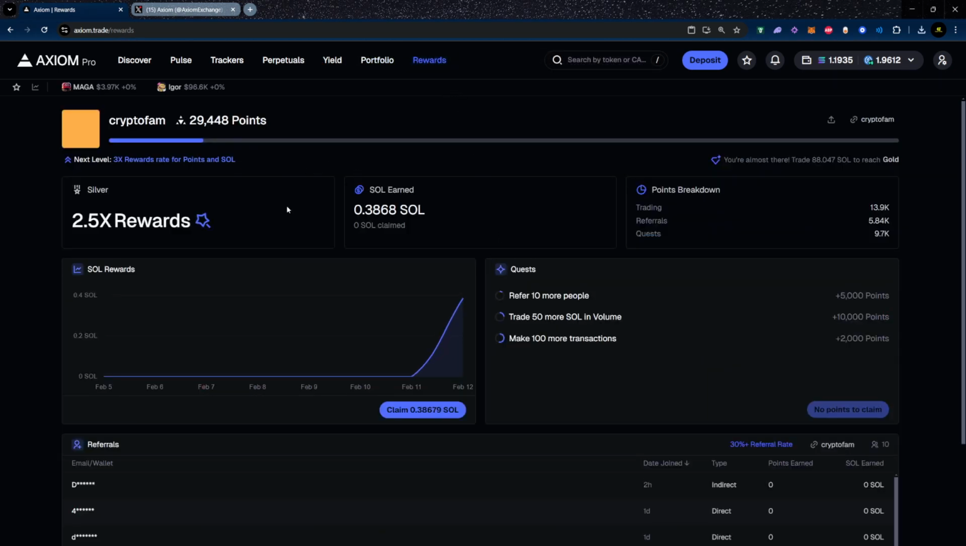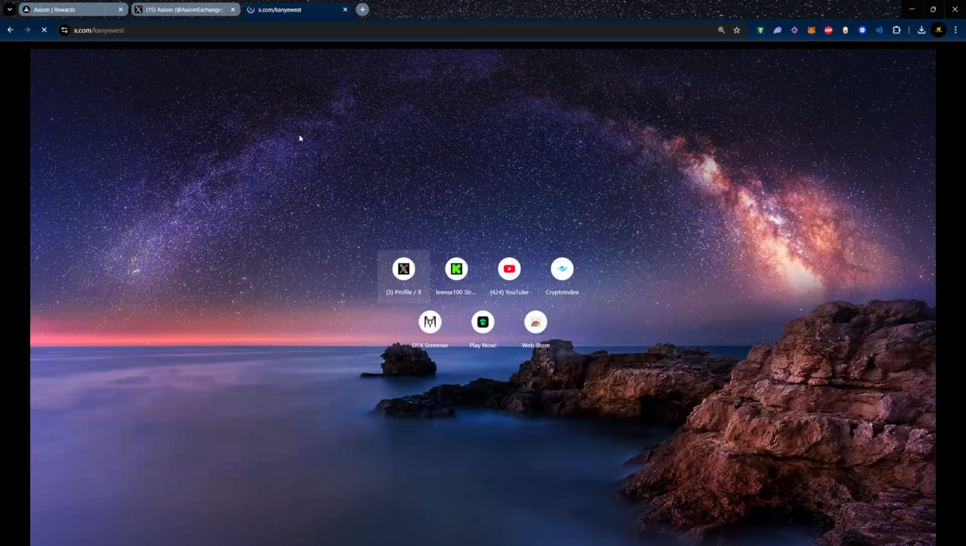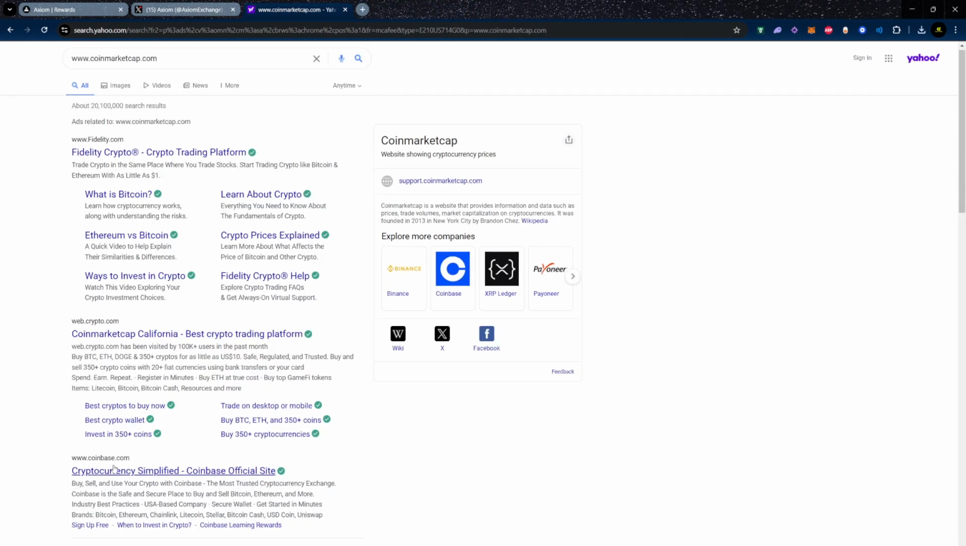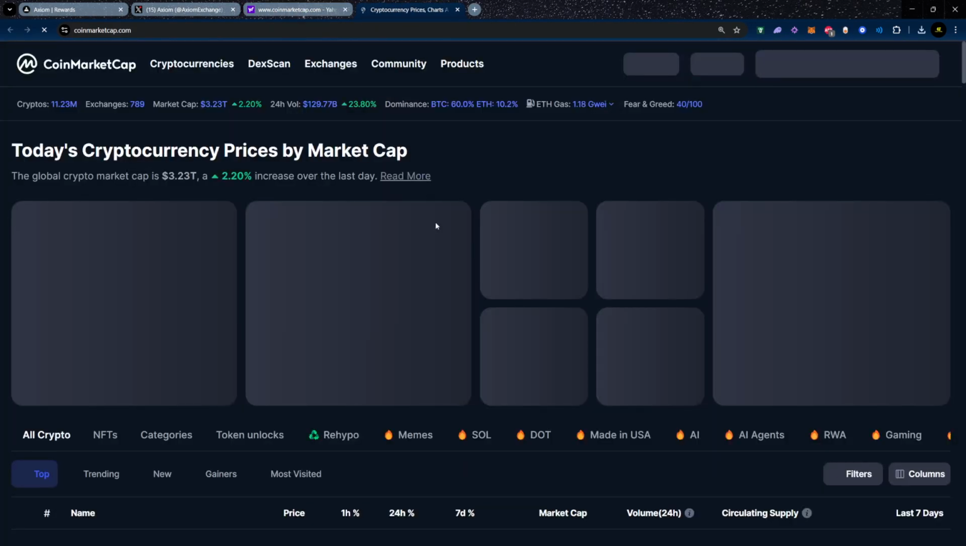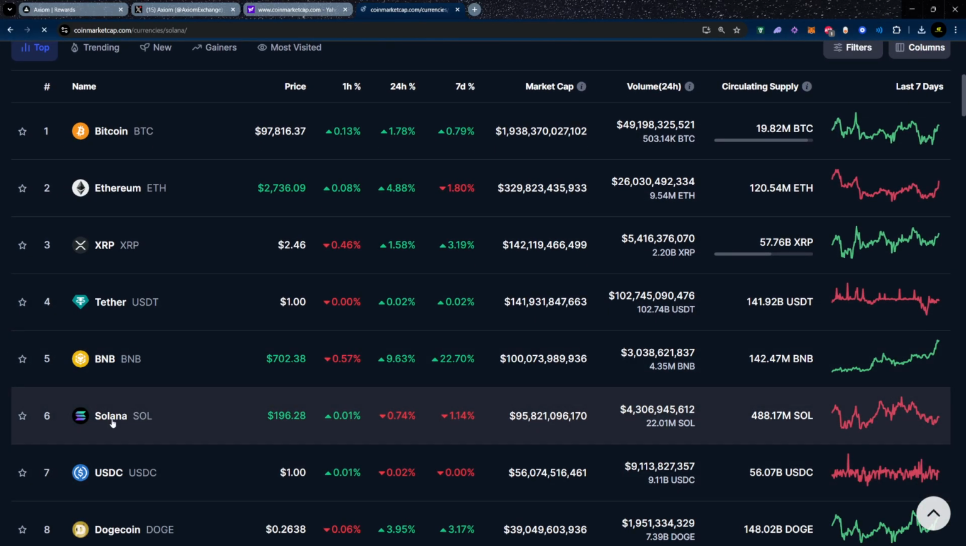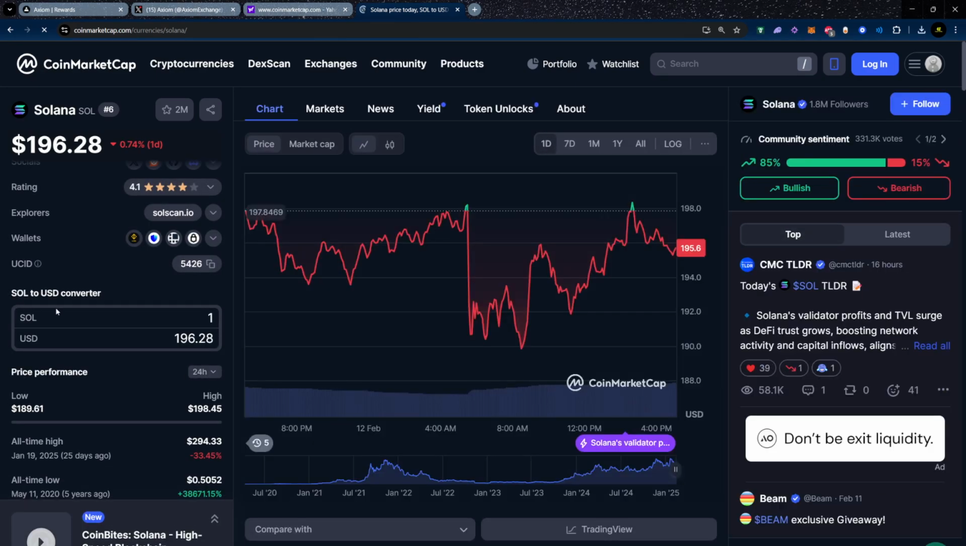Coming back over to the rewards section, again, I'm silver, so I get 2.5x the rewards. It says the amount of Solana that I earned so far is 0.38 Solana. Let's do the math on that real quick. Coin market cap. The market is looking kind of good overall right now, I see things going up. If you click on Solana and go to the Solana to USD converter, 0.38 Solana is